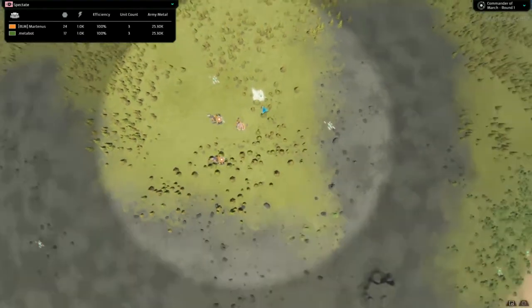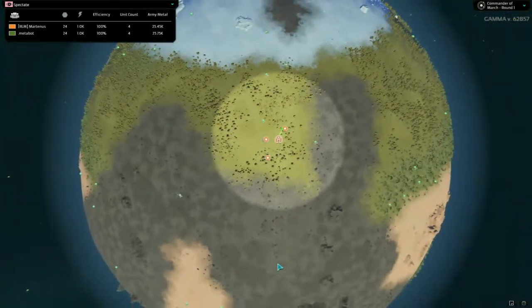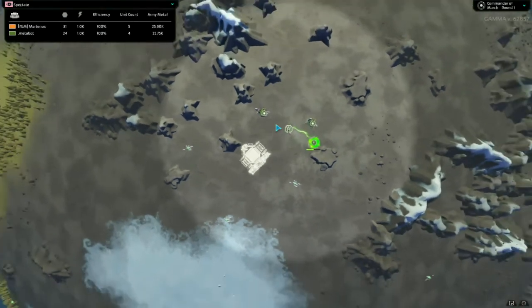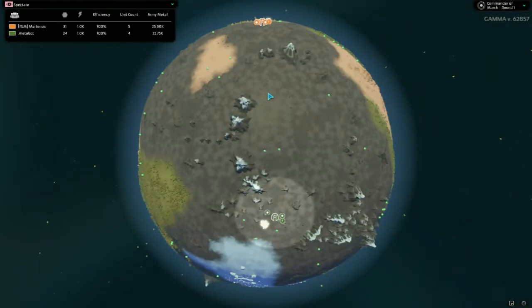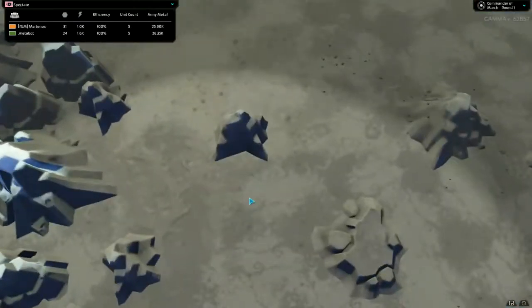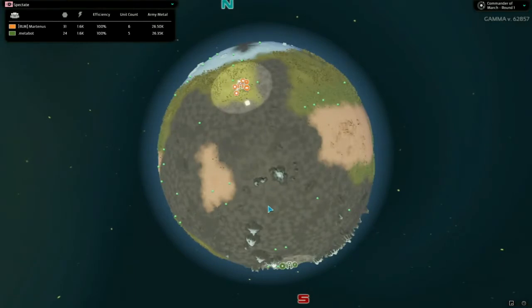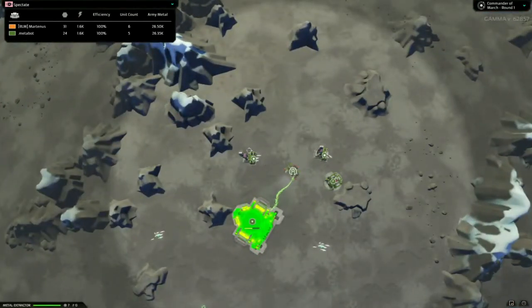Martenus here in the orange has started with 3 metal extractors before even starting a single power plant, and 2 extractors and a power plant for Metabot. If you're not familiar with the Planetary Annihilation game, this is a real-time strategy game about robot champions who fight each other in a war, and it involves a streaming economy, which means that you gather metal or you